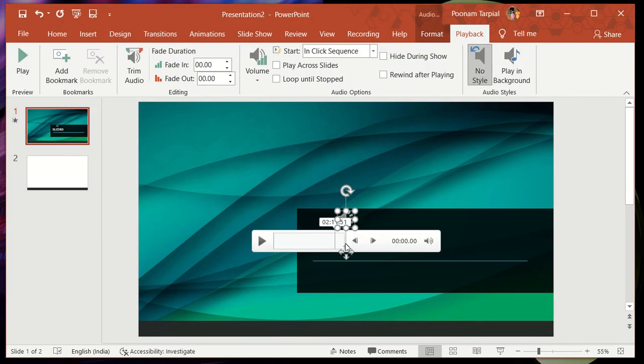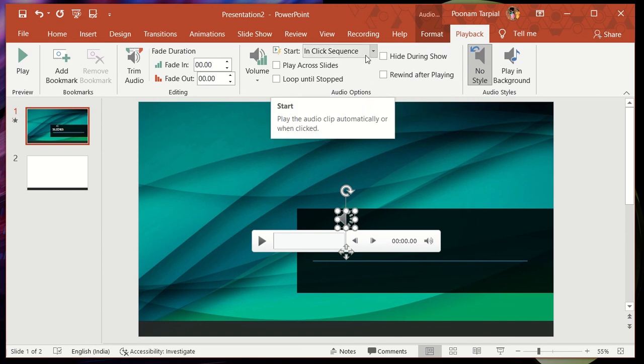The moment you click on insert, this is what you are going to see. But what you need to take care of is how this music should be played in your presentation. There are multiple options that you see.